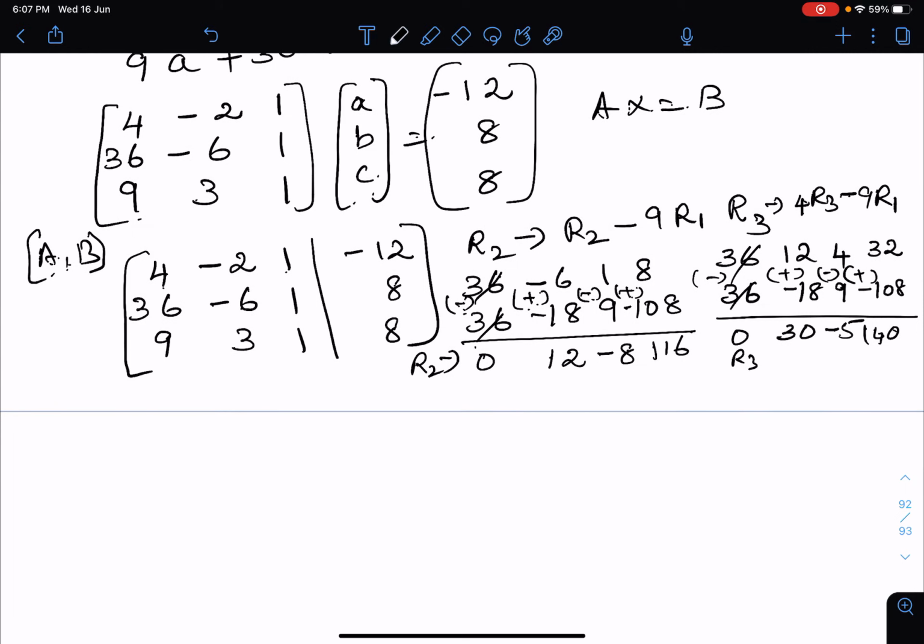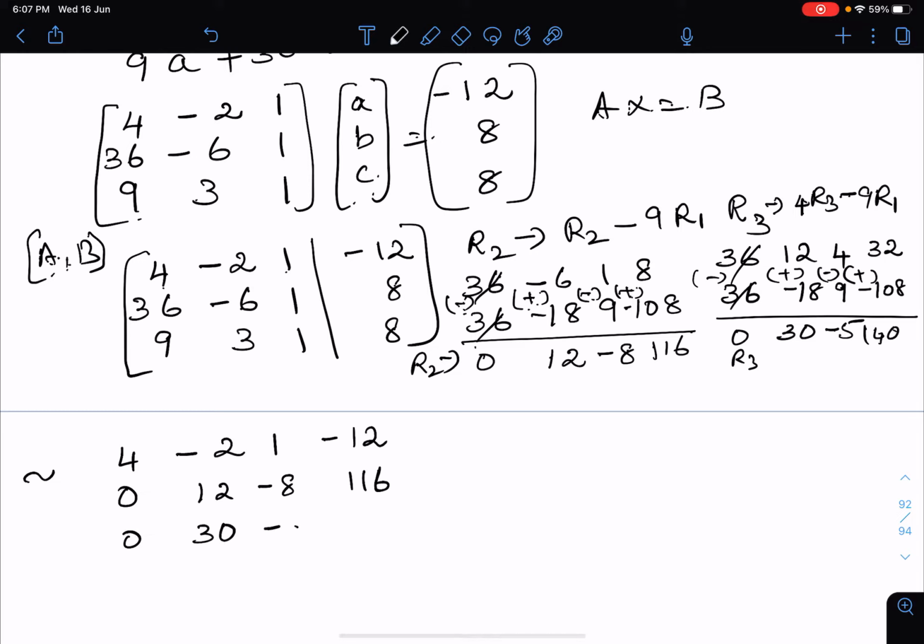Now you can write your equivalent matrix. First row remains the same. We have changed only our second row and third row. Second row is 0, 12, minus 8 and 116, and our third row is 0, 30, minus 5 and 140. Okay,